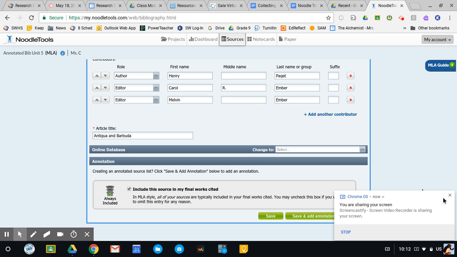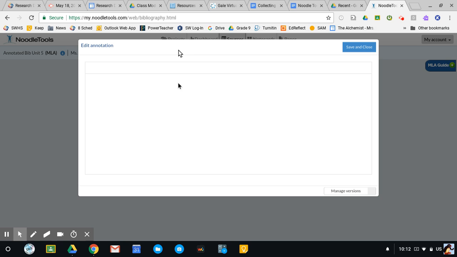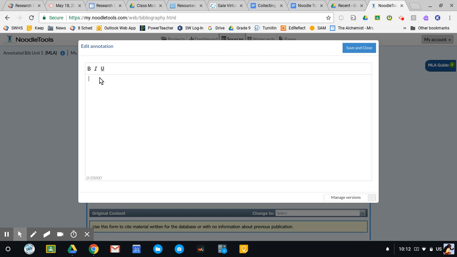So here it says save and add annotation. Sounds good. So here is where I can annotate or give notes or more information to better explain why I'm using a certain source. So my first section is going to be all about why this source is a credible, appropriate source. So I'm going to write, I used Gale Virtual Reference Library because it is a school-approved source